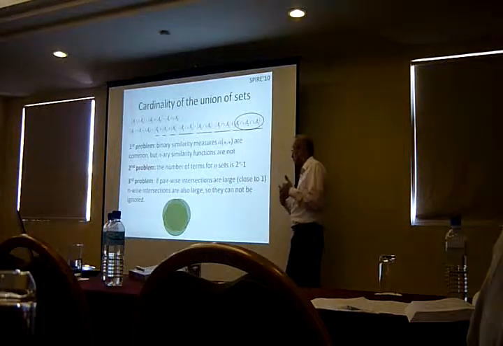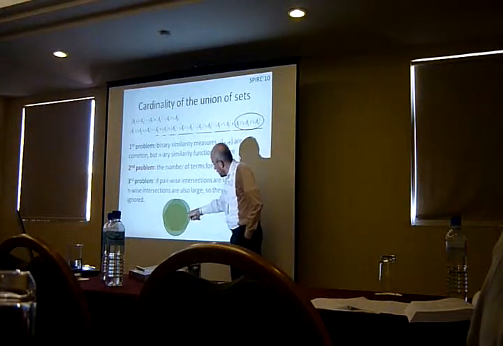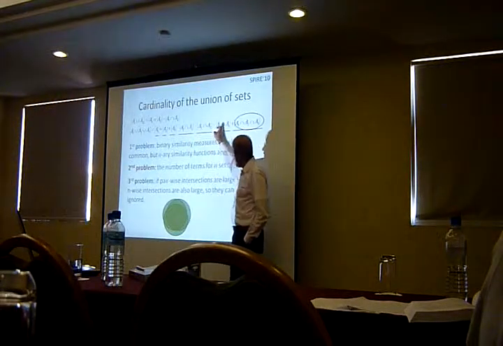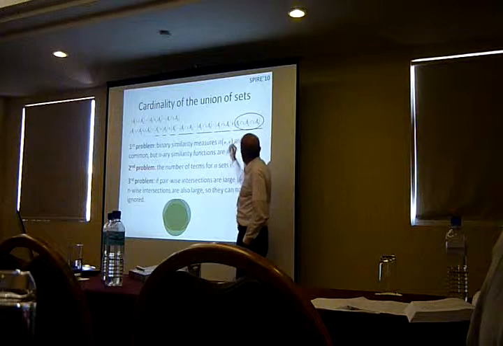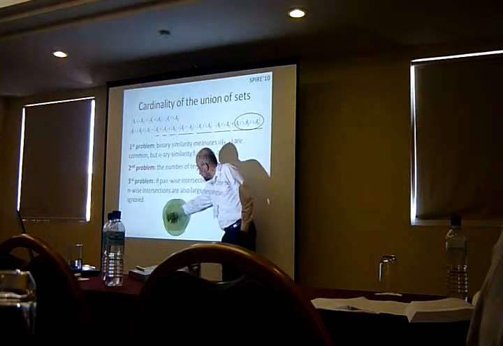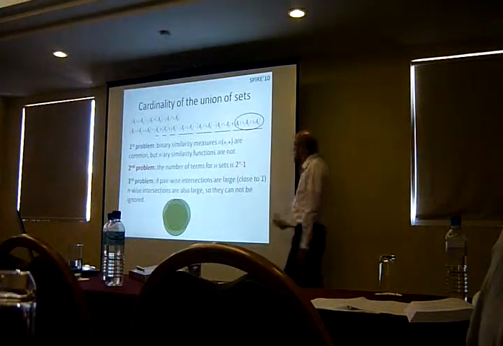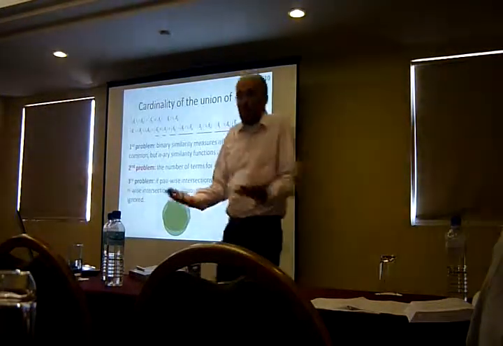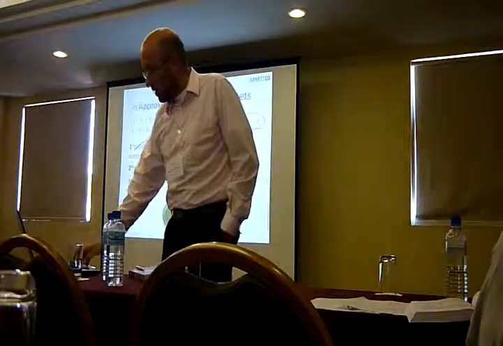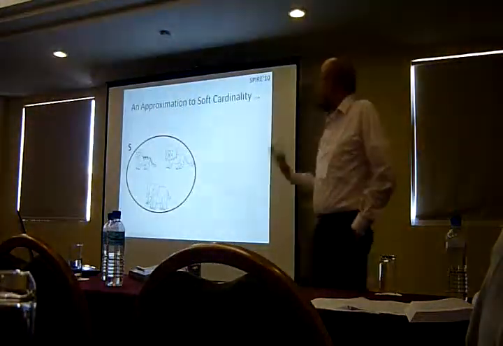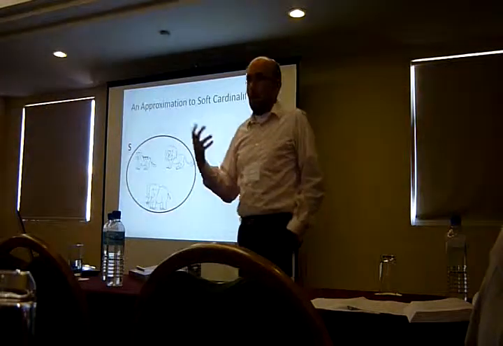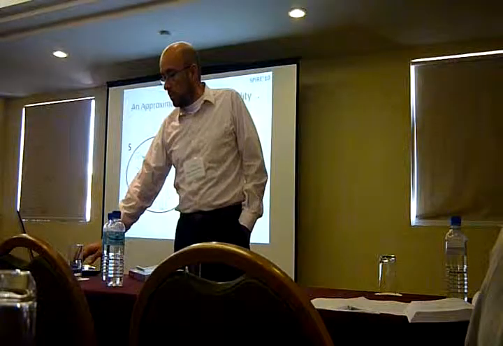So, for instance, in this example, there are three sets, and we know that those cardinalities are high, and we can easily see that the cardinality of the intersection of the three sets is also large. So, how can we apply the idea of the soft cardinality with those limitations? The point is we have to approximate the computation of that definition of soft